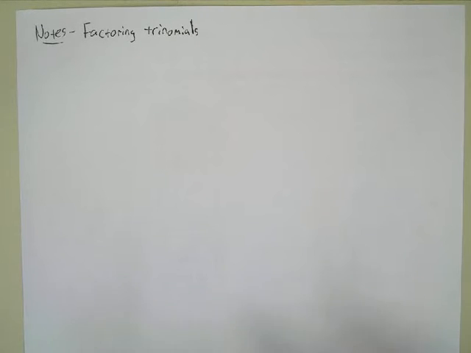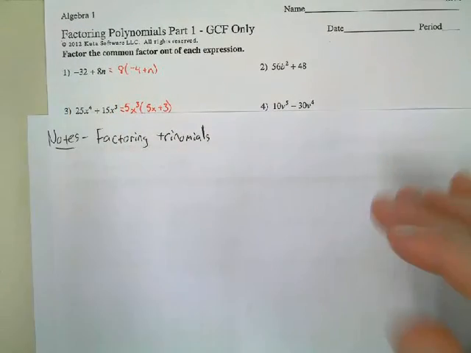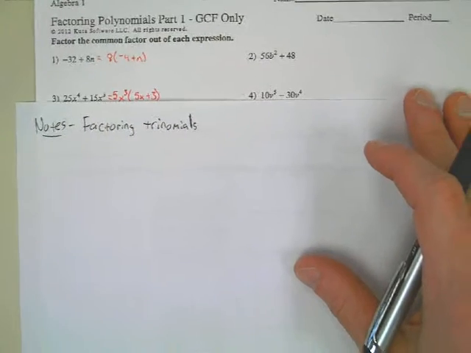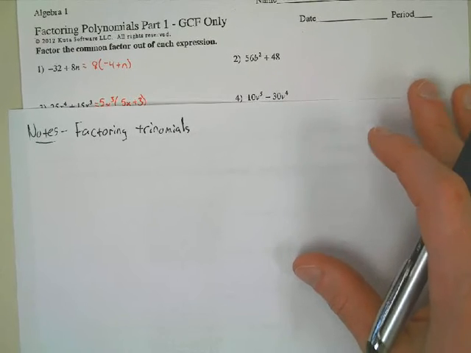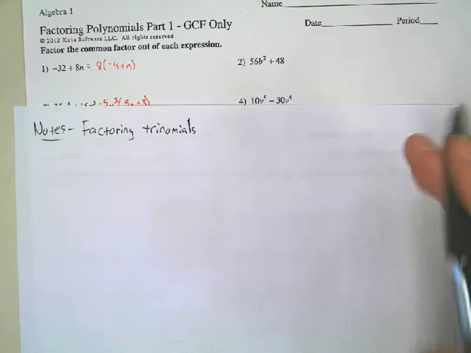Okay. So again, yesterday we looked at, first of all, what a polynomial was and how to factor it. And for the homework, we use GCF, greatest common factor, to factor out some polynomials, okay? So greatest common factor is one tool that you're going to have in your toolbox when it comes to factoring, okay? Here the directions explicitly said factor the common factor out of each expression, but when you work later